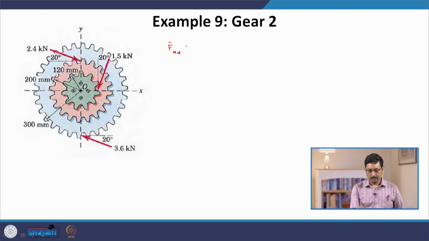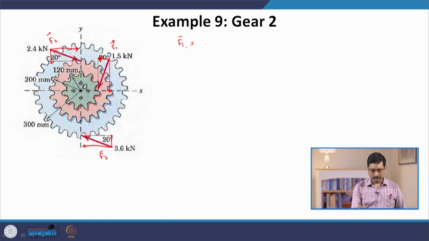Now, this total force part is easy. Let us write down the individual forces first. The coordinate system in this case is provided for our convenience. All the forces have only an x component and a y component, there is no z component. So, this is our F1, it has two components. This is our F2, it has two components, and this is our F3, it has